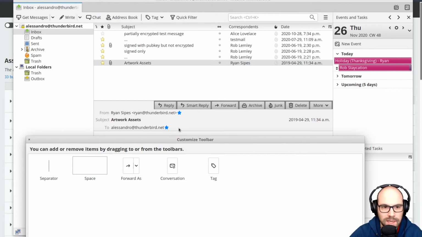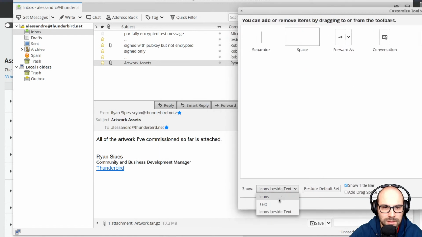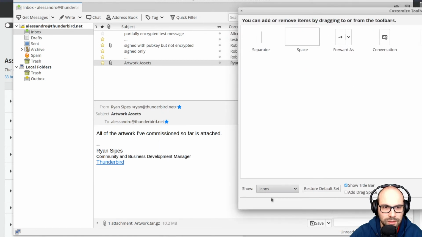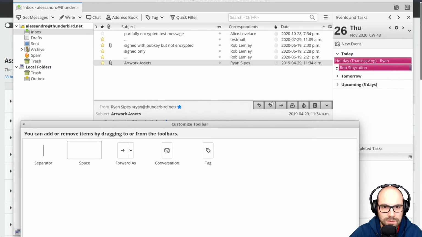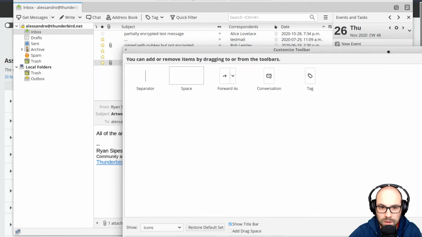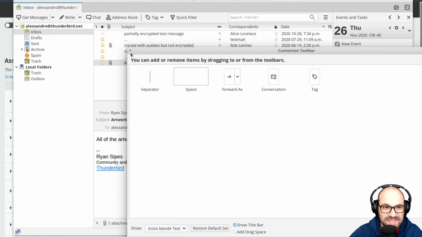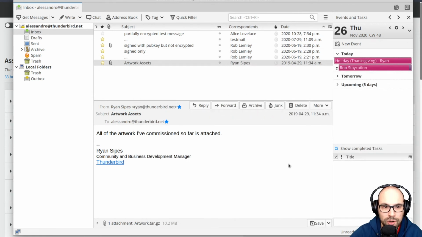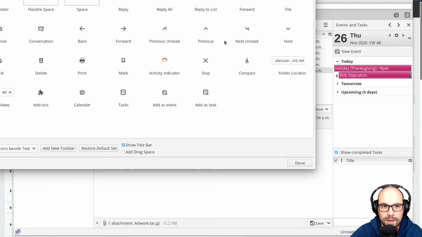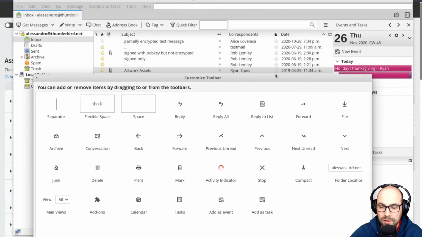And the other thing you can customize is showing only the text or only the icons, which is okay. It's useful if you have a very small window, but we removed this in 78 because having this whole header as a customizable toolbar adds a lot of complexity that we have to maintain for a section that only allows you to customize two, three things. The objective is to keep the customizability of toolbars only if it